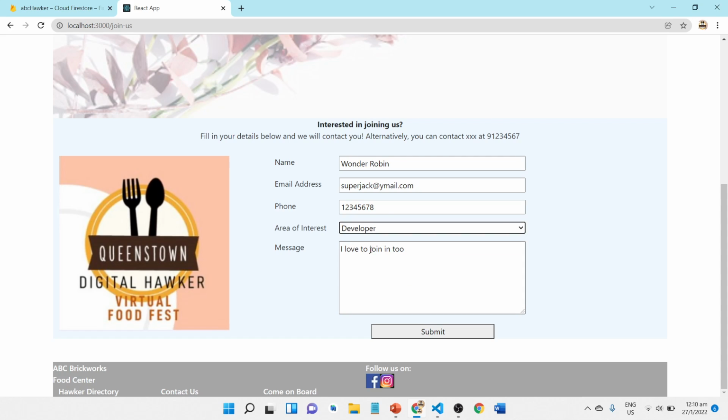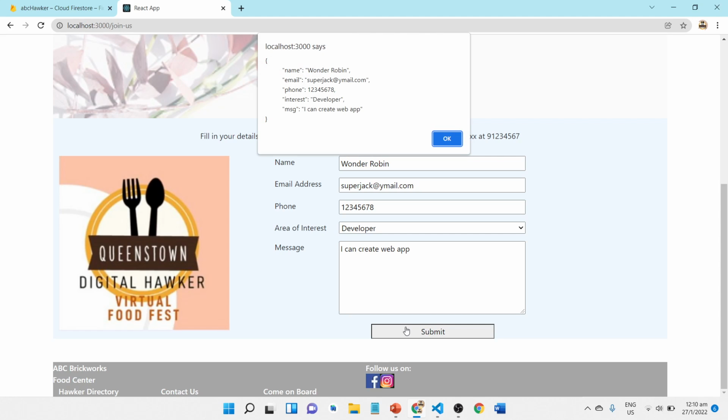So I'm a developer, I'm a Wonder Robin, so I can create a web app. So when I press submit, my input field will be sent over to the backend. So for now,